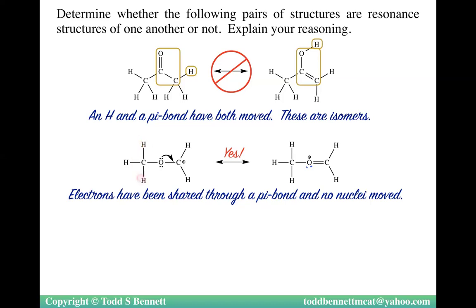So H's we don't care about. This carbon has 4 bonds. This O has 2 bonds and 2 lone pairs. This carbon, though, is missing an octet. In the second structure, we have